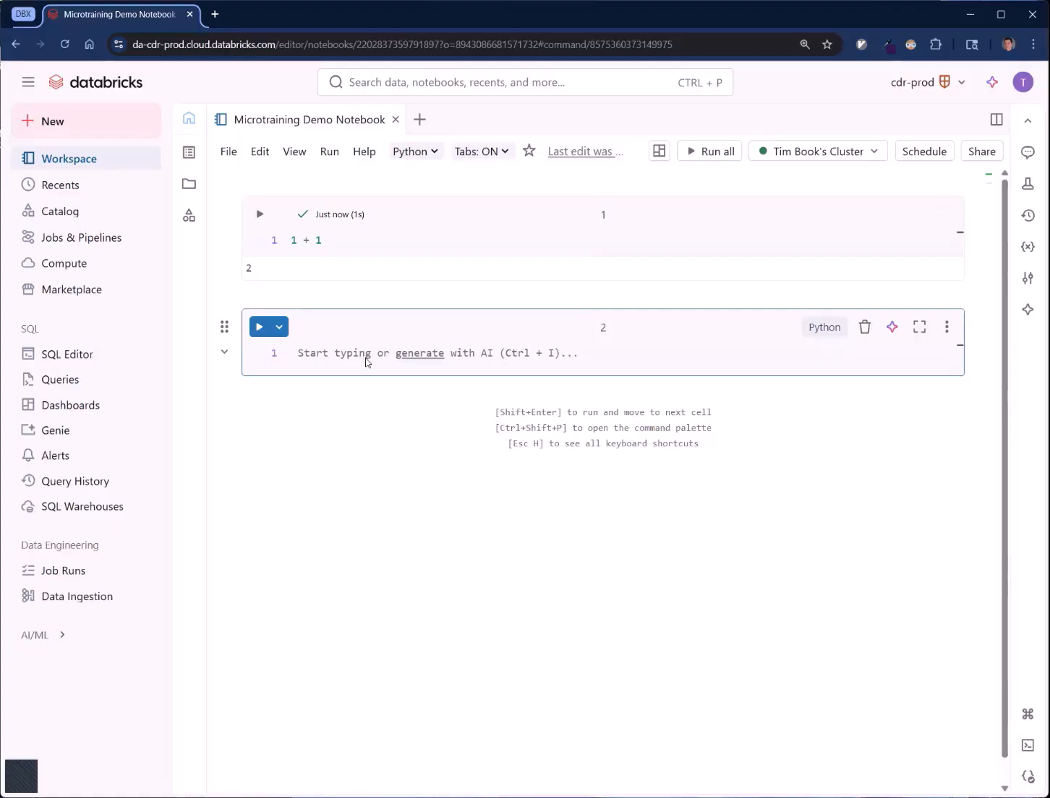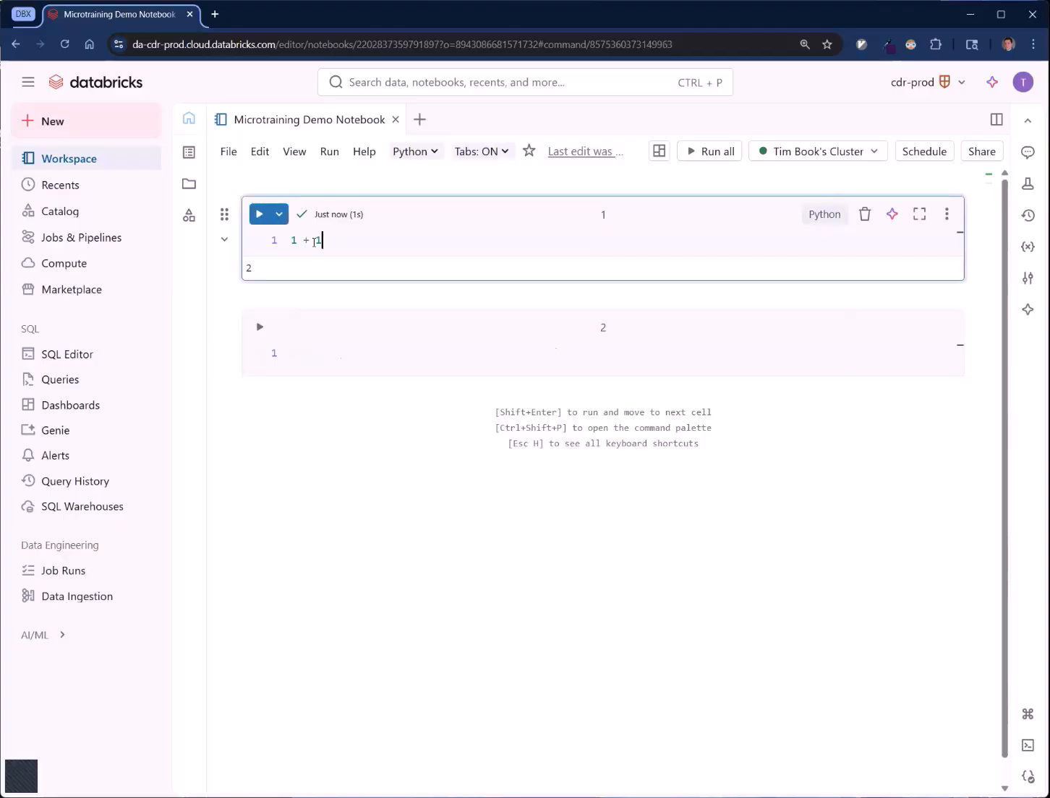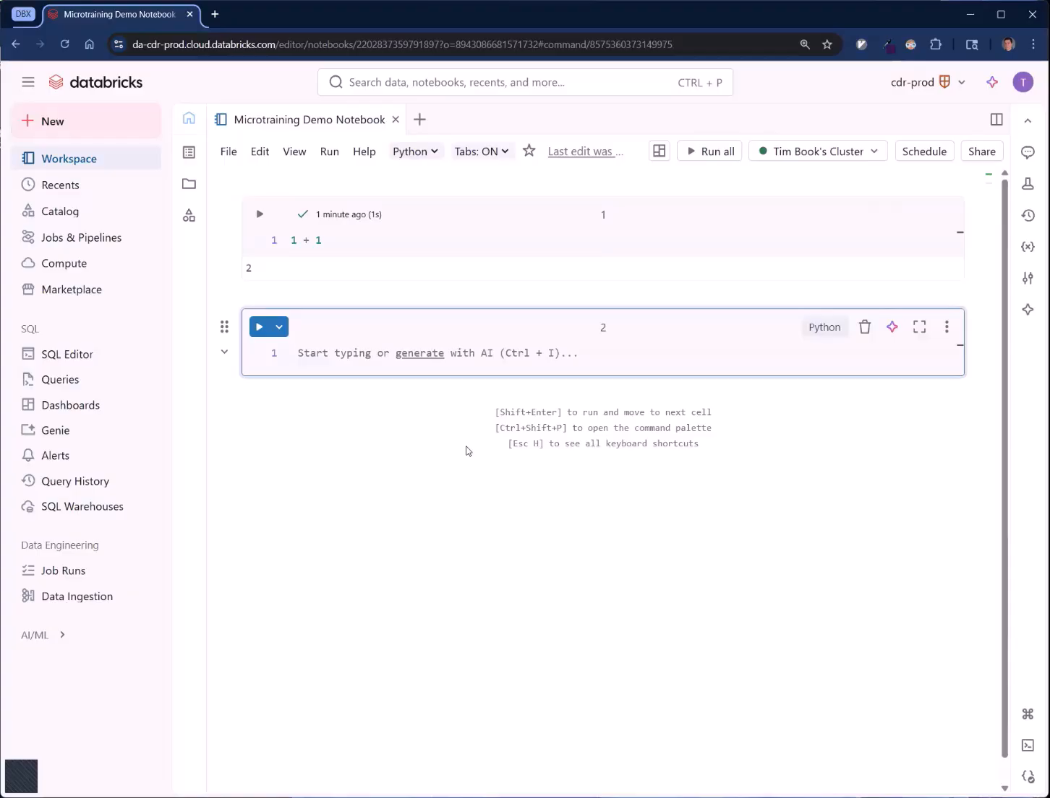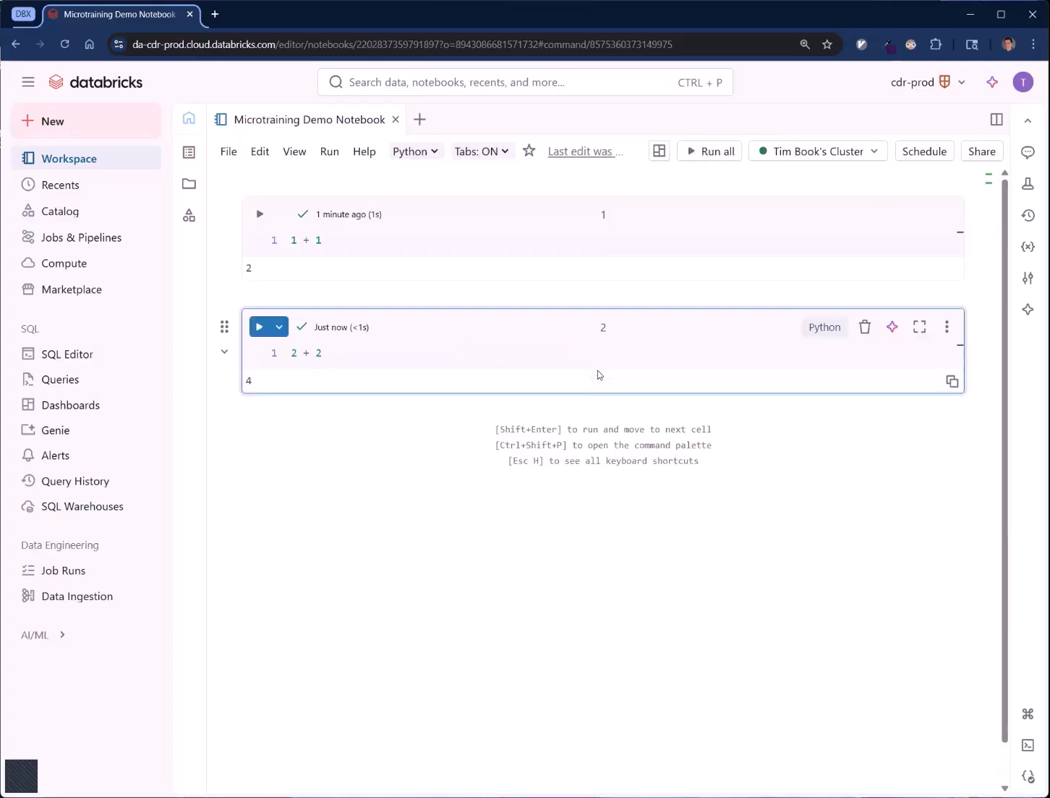Okay, so I have just run a code cell here with Shift Enter. Shift Enter ran this cell and moved my cursor one cell down. Another thing we can do is we can hit Control Enter. Control Enter will run the cell, but it will keep my cursor in the same cell. This is useful in case you know that you're going to need to go back up and modify this cell